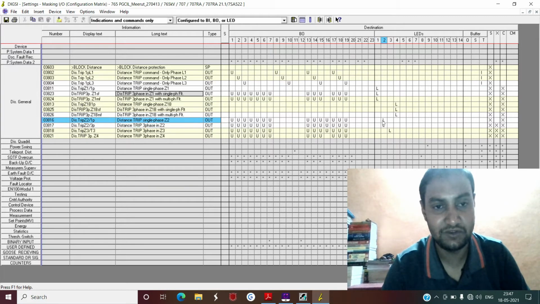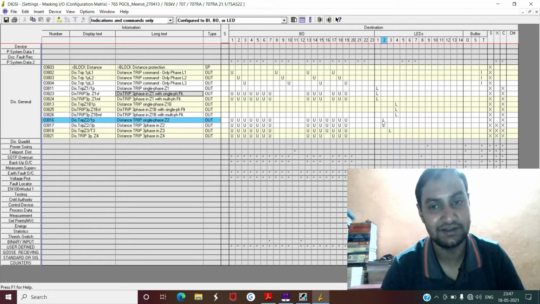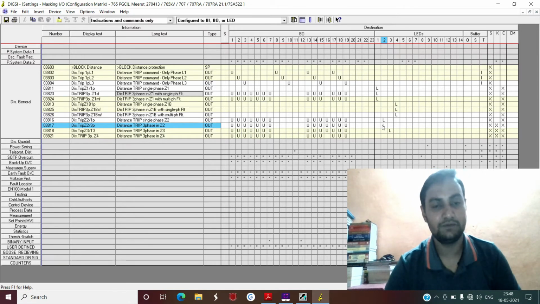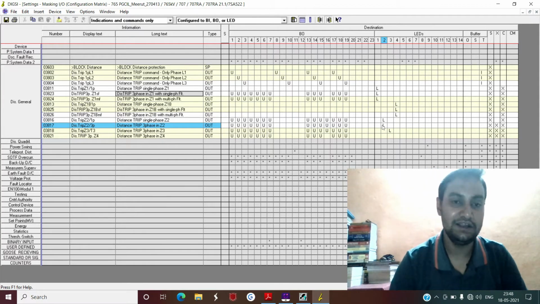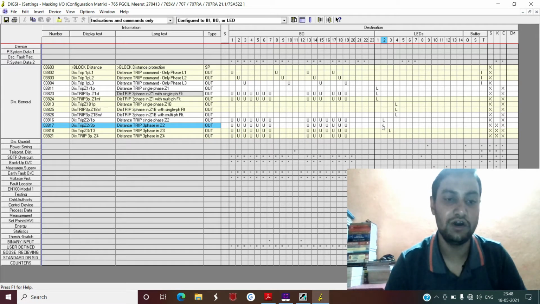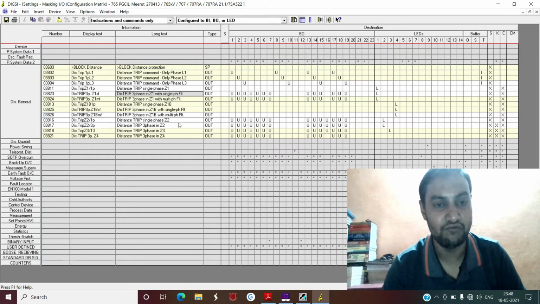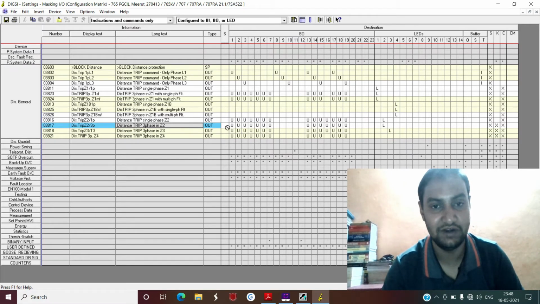So this signal will not get high as per our configuration, but at some substations, at some utilities, they can and they will configure distance trip single phase zone 2 also. But generally, for all of the utilities across India, it is configured as 3-phase tripping for zone 2 faults. So in those conditions, whenever there is a zone 2 fault, the relay will operate after the elapse of the zone 2 timer, and this signal distance trip 3 phase in zone 2 will get high, and this will lead to latching of LED 2. Similarly, you can see the third LED which will be latched after operation of zone 3.